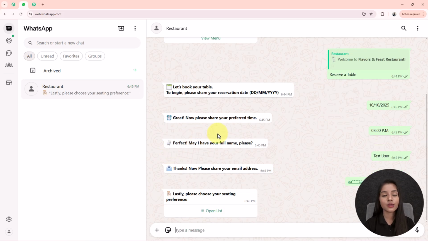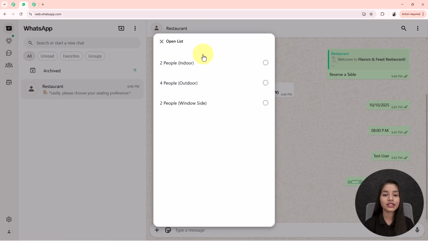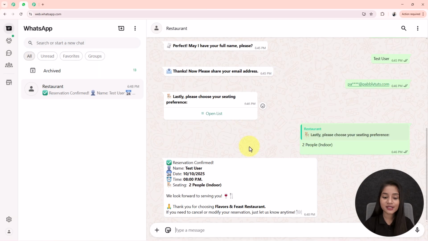pat@pabblytudes.com. Then you can see it will ask me to select the seating type, providing me one option in the form of a list. When I click on it, it will provide me the types of seating. So here I am selecting this. Then you can see it will respond to me that the reservation is confirmed, and provide me all the details that I have shared, that is the name as test user, date, time, and the seating type that I have